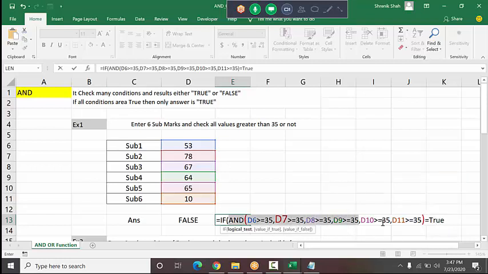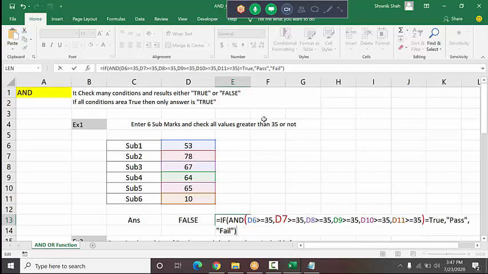The AND function, if it results in true, then only pass. Otherwise, fail. I type this IF function to check conditions like this. So you read it twice: how I write the function to check whether a student is pass or fail.